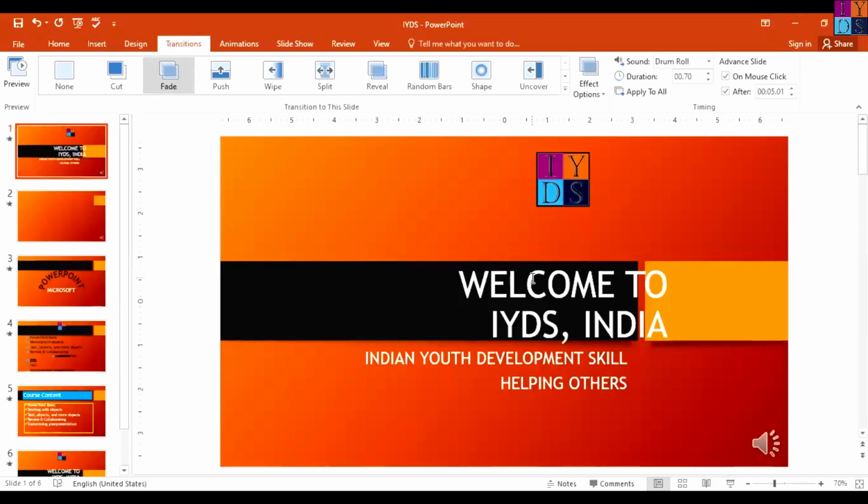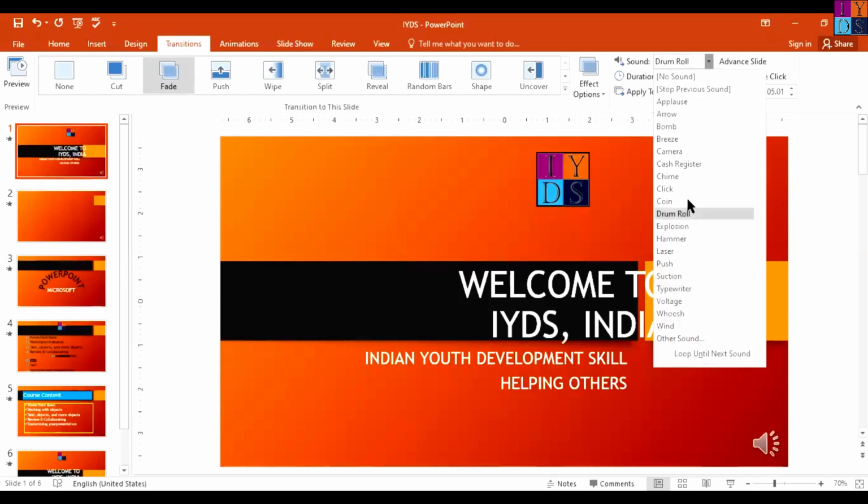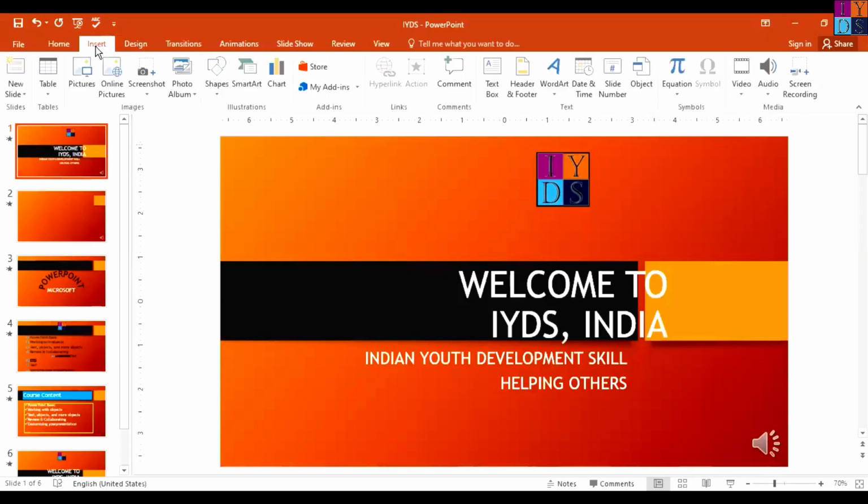Okay. This is the way of putting any sounds by default here, or you can give any recorded sound from the Insert ribbon box in the audio section. Okay, and this is the video section and the screen recording. If you want to record the screen, just click on that. I'm going to click this. Okay,